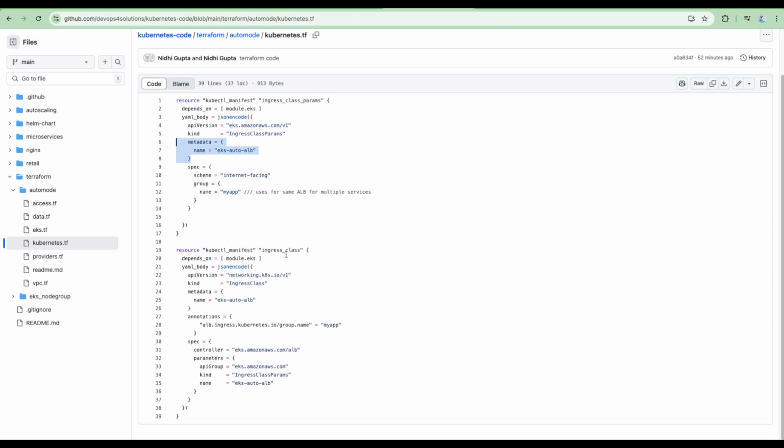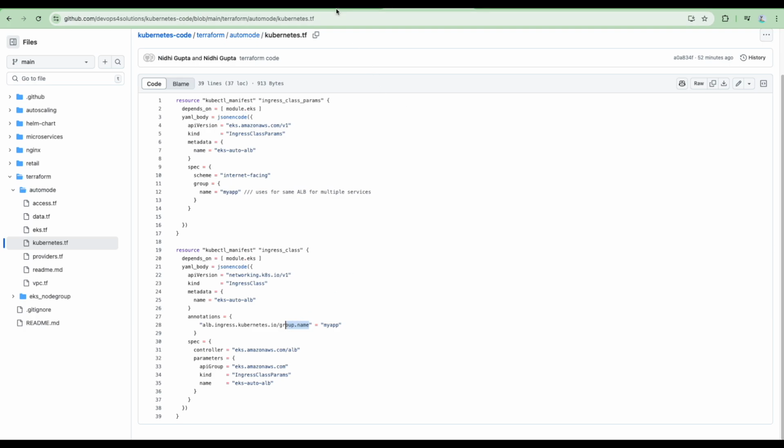And the ingress class. Here you are creating the ingress class and providing the name, and this is where you provide the annotation also. This is the group name. If you remember in the EKS managed node groups, when you create the cluster, you use this group name, but this is all used in the ingress resources, not in the ingress class. So this is what has changed in the EKS cluster now.